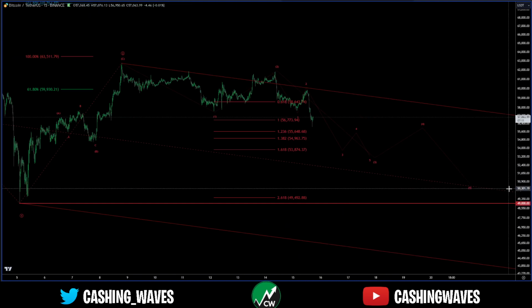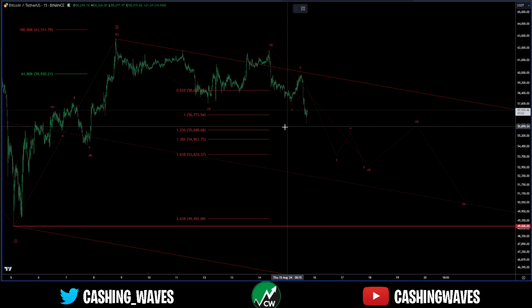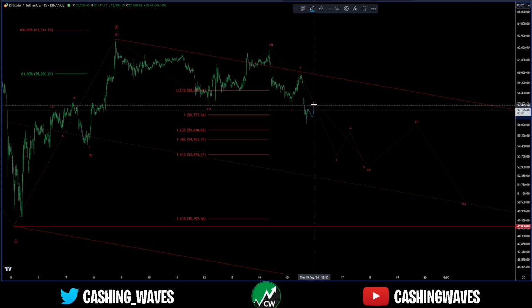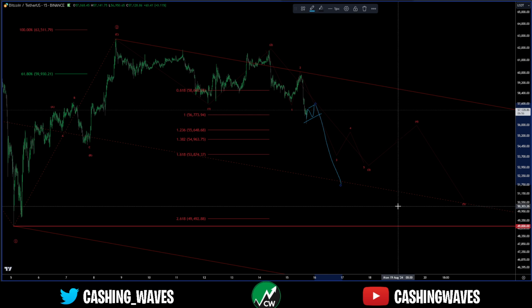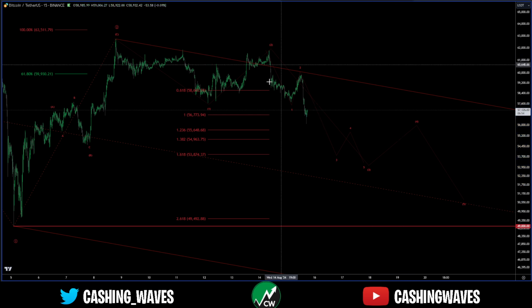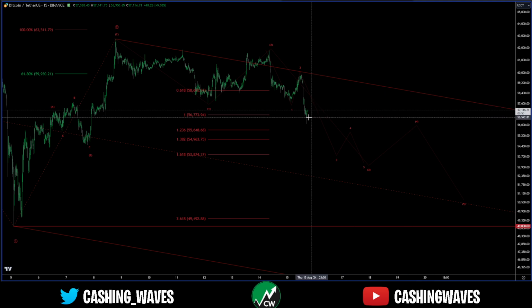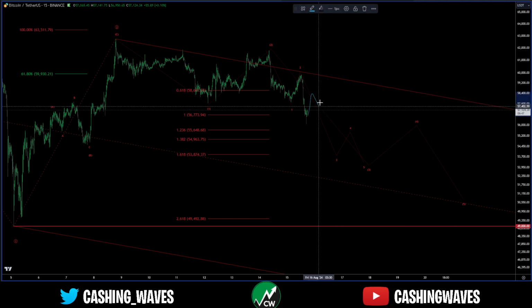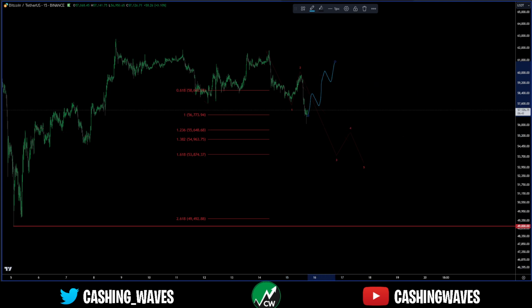But the important thing to do is to watch the reaction. Do we just make a small correction here and it's a third 1, 2 and then absolutely collapse? Or do we do something different? That's why I always say, I want to see what happens at this area. I need to see if it's corrective or impulsive. What if we start doing this? What if that's the reaction? Well then, if that's the reaction, I would say,